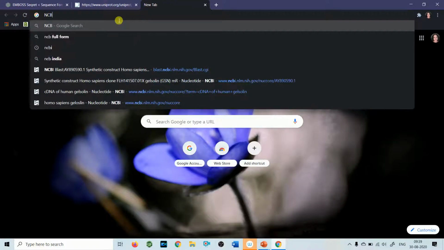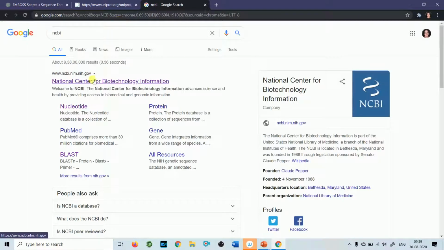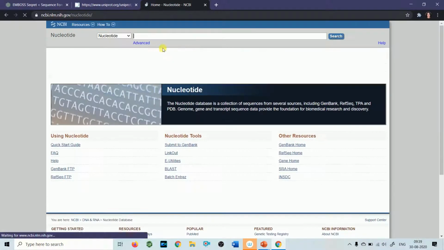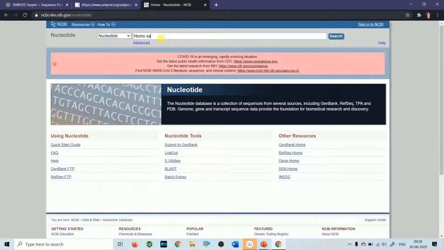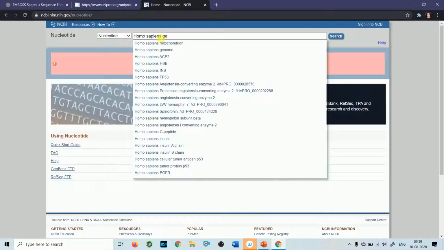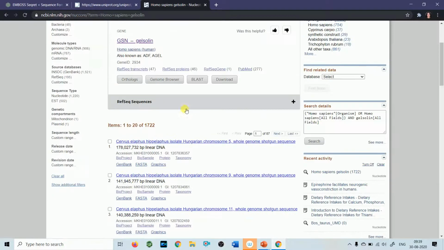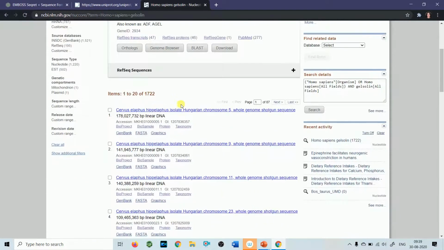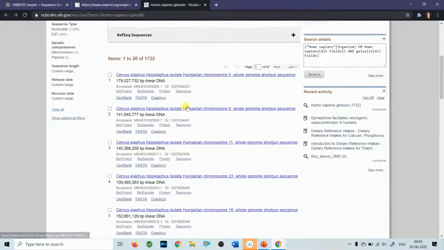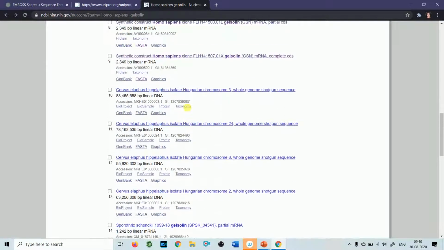You can click on NCBI nucleotide, type Homo sapiens gelsolin, so you have different results. This one.